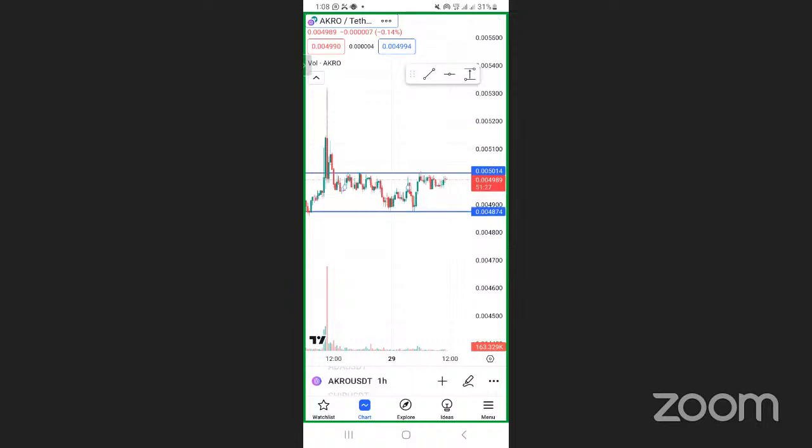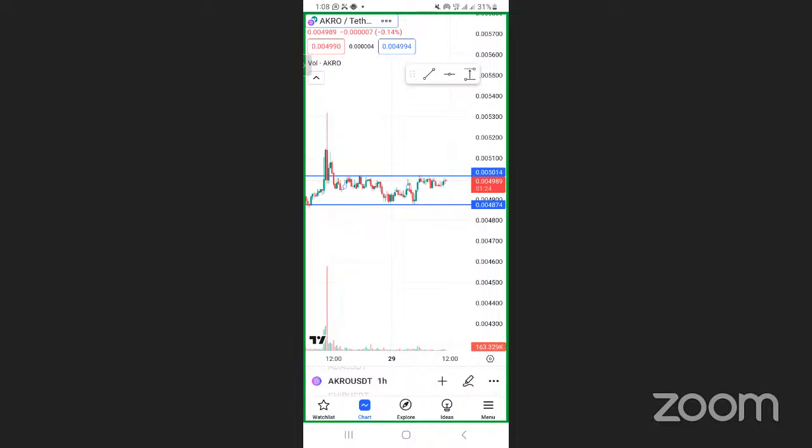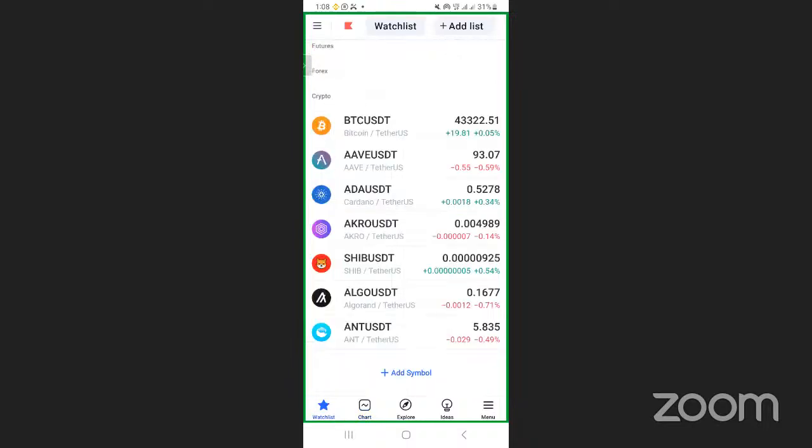So have you now guys learned how you can make money from this Acro thing? Yeah? As of now, okay? Now tell me a coin and I add it on my watch list. Which coin do you want us to look at? I can use my 2 minutes and then we finish this up. Which coin do you want us to watch together? Tell me any coin that you want us to look at.